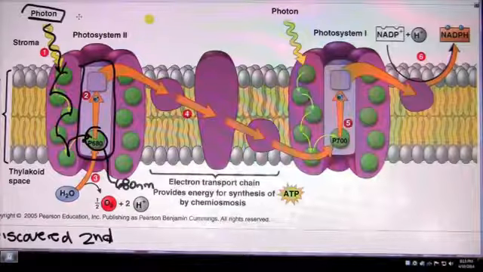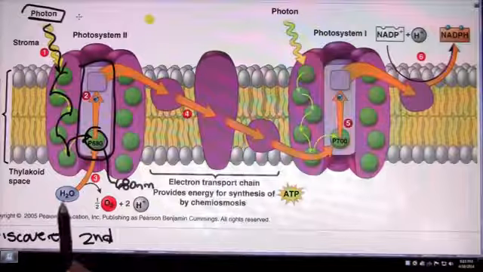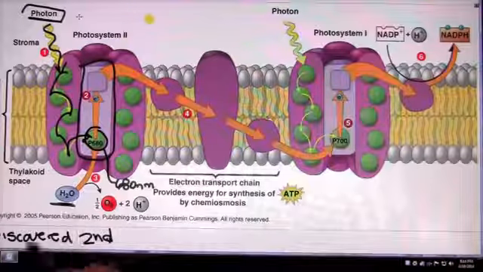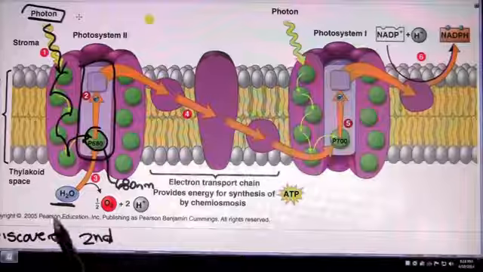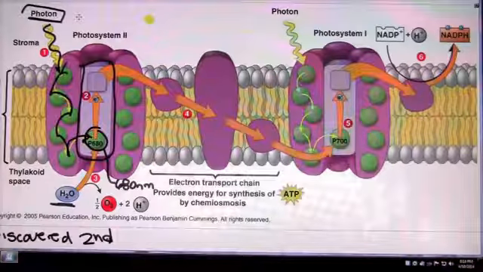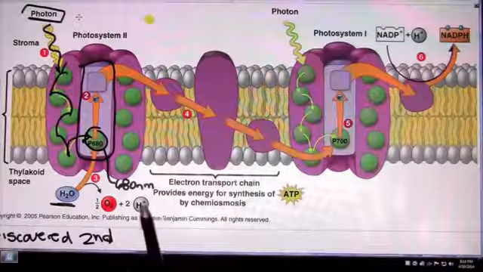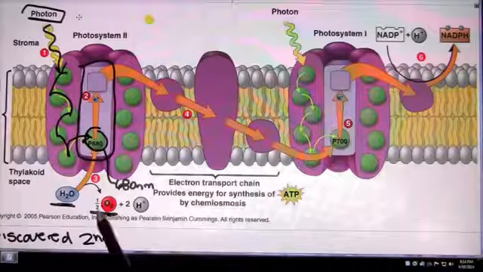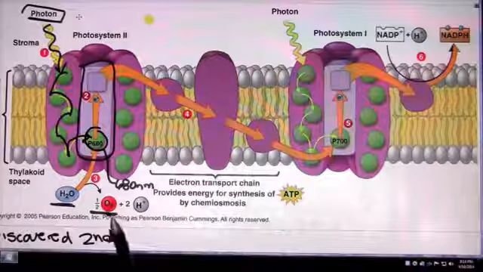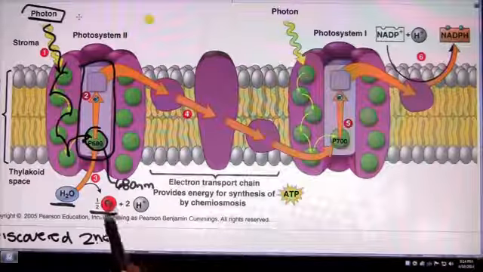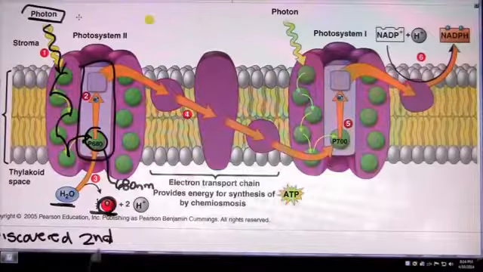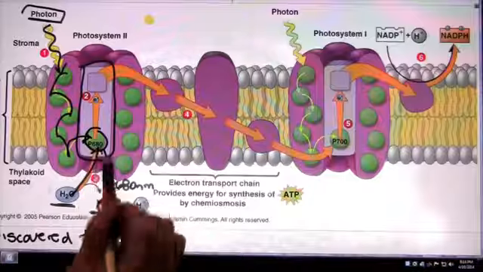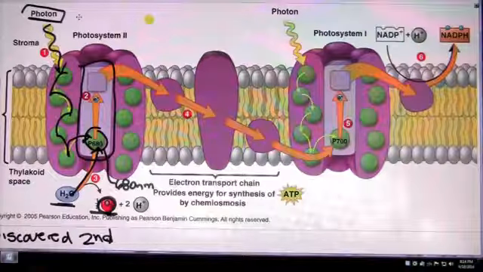So we have the photon hitting P680. What the P680 needs, though, is an electron. So it gets this electron from this water molecule right here. The way that it gets its electron is it'll split up water into oxygen and hydrogen ions. This 1/2 oxygen is called 1/2 oxygen because it'll eventually join another oxygen molecule and become O2 later on. Anyways, this electron is taken from water and it moves up to P680. So we have the photon and the electron here,